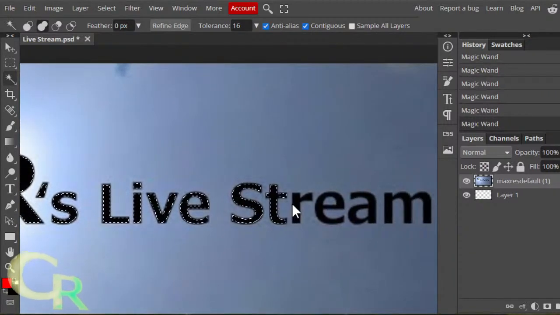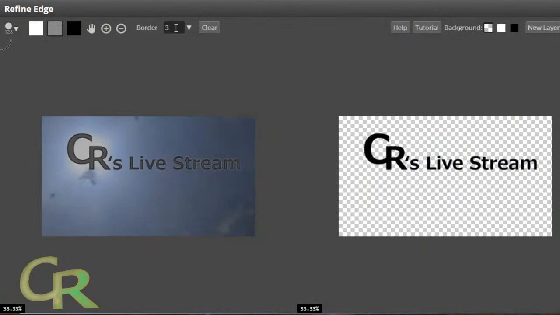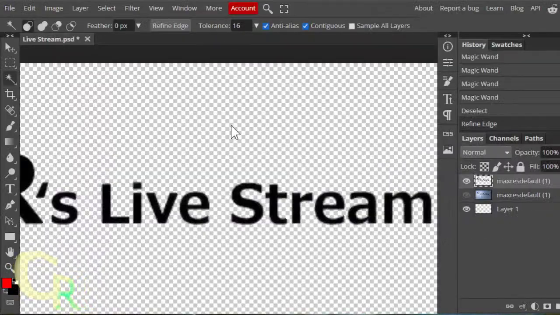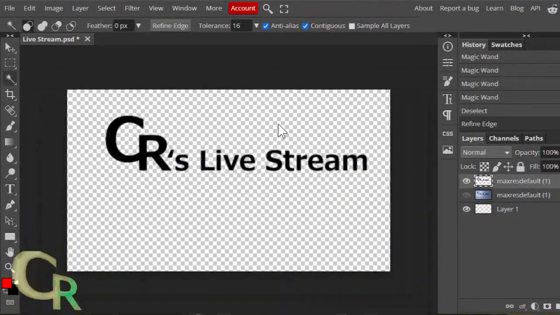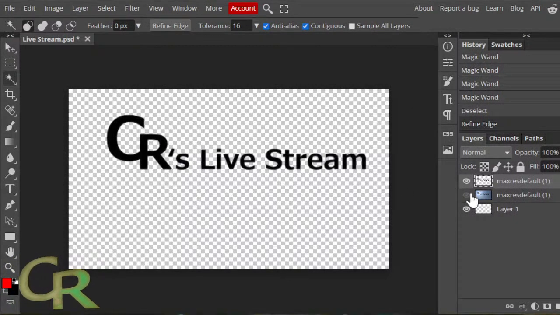Panning, clicking, trying to select that text area right there. Now, let's see. Can I refine it? Yeah, I can refine the edge. Yeah, I think that'll be good. Yeah, there we go. That'll be alright.